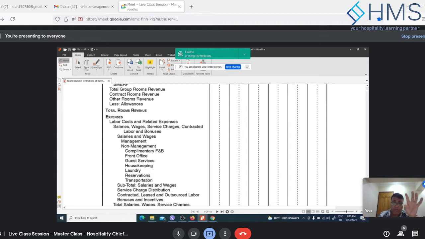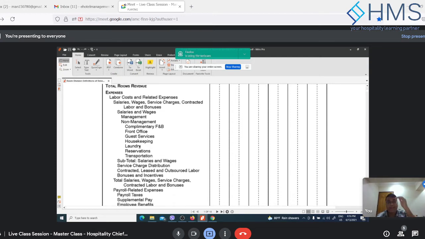So usually in the major chart of accounts, you may have labor, salary, and wages as a main accounting head, and then you may have sub accounts, the sub ledgers. You might already be aware of the concept of main ledger, then sub ledger, and then cost center wise. So you may record it in a main ledger and then the sub ledgers, so that you can get the details. Or you can create individual ledger accounts for each of the departments, so that you can capture the details in an easy way. Then you have the service charge distribution, as we discussed yesterday.